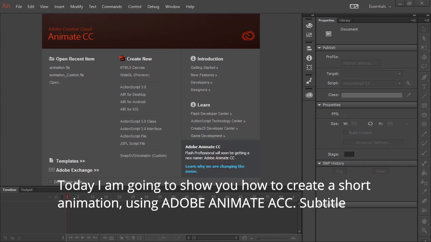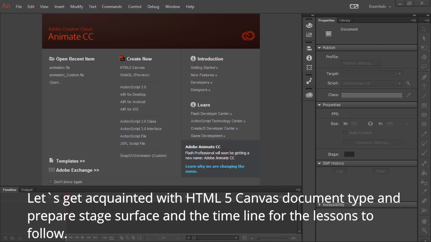I'm going to show you how to create a short animation using Adobe Animate CC. Let's get acquainted with the HTML5 canvas document type and prepare a stage, surface, and timeline for the lessons to